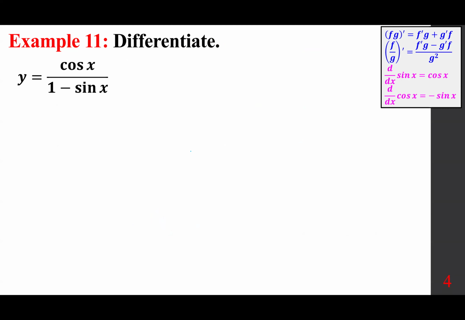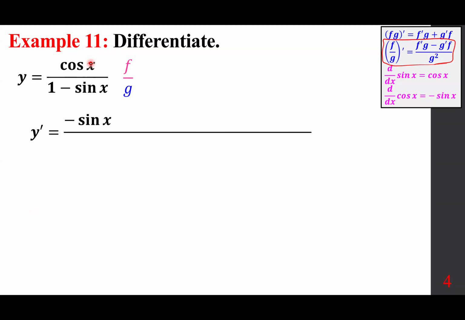Next: y equals cosine x over 1 minus sine x. We are going to write this as f over g, and we are going to use the quotient rule. Shorthand notation: f' g minus g' f over g squared. So y' starts with f', the derivative of the top. The derivative of cosine is negative sine x, times g, 1 minus sine x, minus